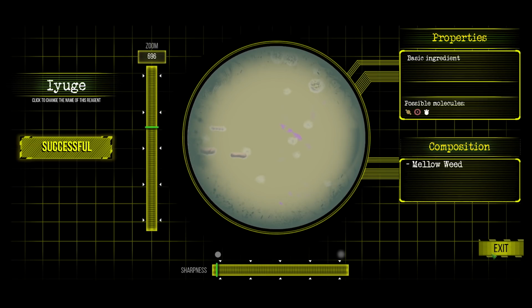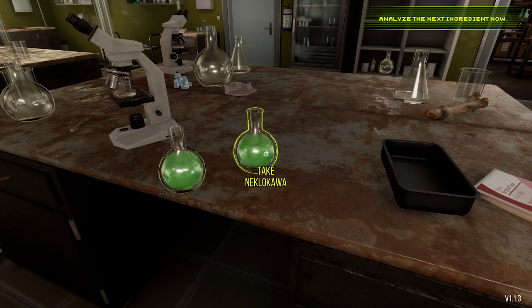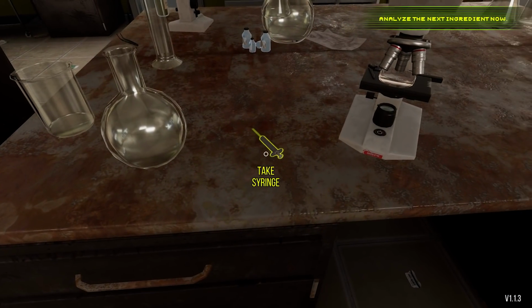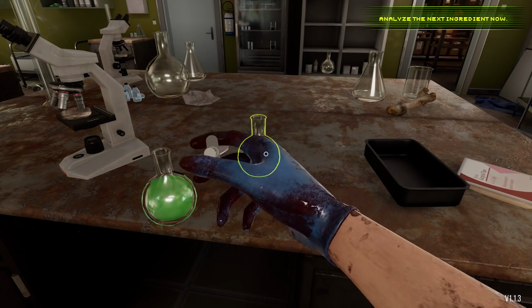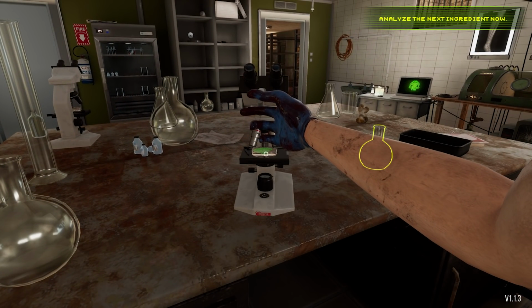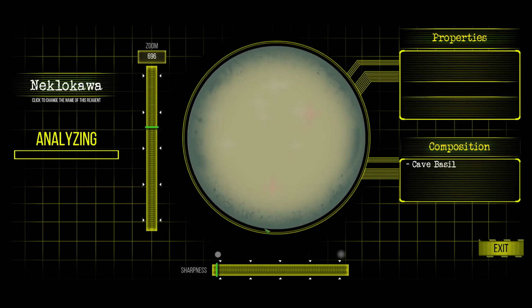Ah, okay. It's gonna be mellow weed, yeah. Sounds about right. Mellow and weed. Neklokawa. Or maybe it's Neklokawa. No, don't pick up the Neclokawa. Just withdraw from it. There. And let's see what properties you bring to the table. That's gonna be it right there. And